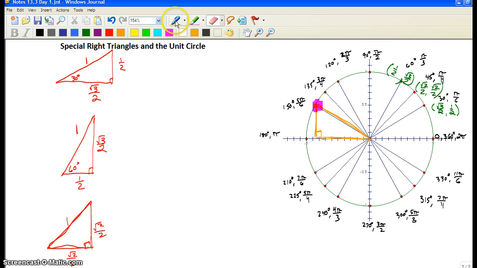So this point right here correlates to that triangle, but kind of the reverse, right? Where this is still square root of 3 over 2, and that's 1/2, which would make this ordered pair. We went to the left square root of 3 over 2, whatever that is as a decimal. So to the left, square root of 3 over 2 is negative square root of 3 over 2, comma, and then we went up 1/2. Right? And you'll notice that the x-coordinate is just negative